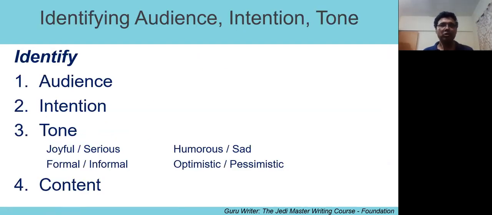Great. Moving on. So every speech, before you begin, obviously first you need a topic. But once you have your topic, then you need to take a few more steps. You need to identify the audience, the intention or the intent as it is called, the tone, and then obviously you have to have the content. And we'll come to the content part of it. But the first step is the audience. Who is the audience? Who is going to listen to my speech? Who is going to read my piece of content? That's the first step that you need to do. You need to identify the audience. Next, you need to identify the intention.